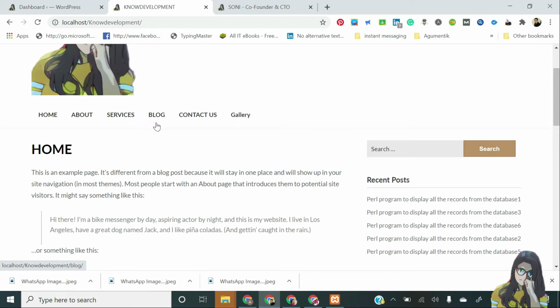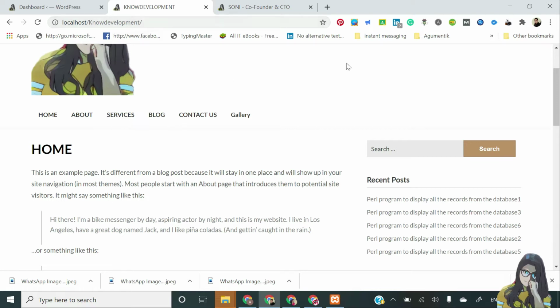Sometimes when we browse, suppose I want to see this website on my mobile, it happens that your menu does not appear in the proper way. That is the reason I'm going to explain how you can fix it if it is not working, and after fixing, if you want to change the background color of your menu, how you can do that.